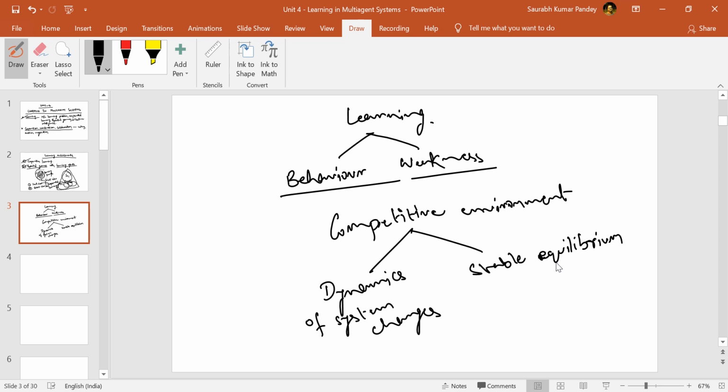Okay, so here what happens, like you want the learning to be in such a way that it maps the dynamics of system that is always changing, and then second, in such a way that the agents must determine ki which is the equilibrium, and it should get itself stabilized to that particular equilibrium. Fine, and that equilibrium should also be stabilized. It's not like one time you are getting one strategy, and for the same input and output and processing you are getting different types of strategies. So that's why equilibrium is very important, है ना?